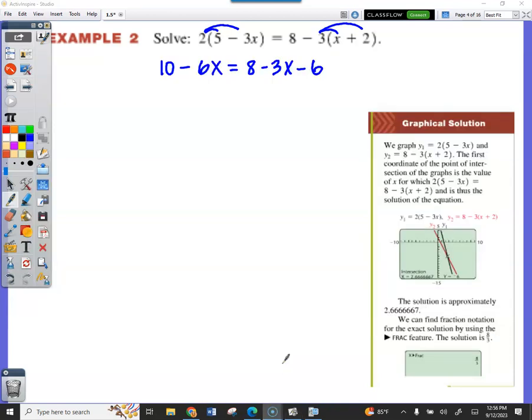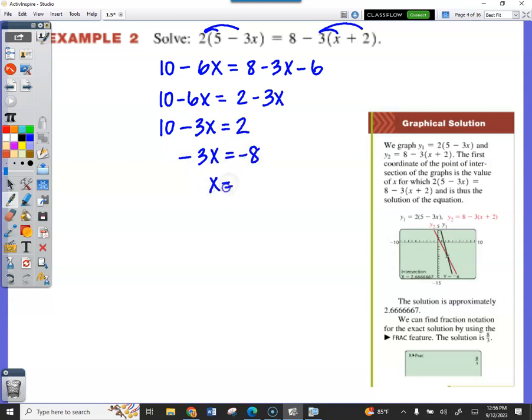Okay, when you got here, you needed to clean it up. Let's see, 8 minus 6, that's 2. Then you have the freedom of choice of what to move where. I personally chose to move the negative 3x to the left because it didn't bother me. Some people might have moved the 6x to the right because then you would have had a positive value in front of the x. It does not matter. You get negative 8 and then